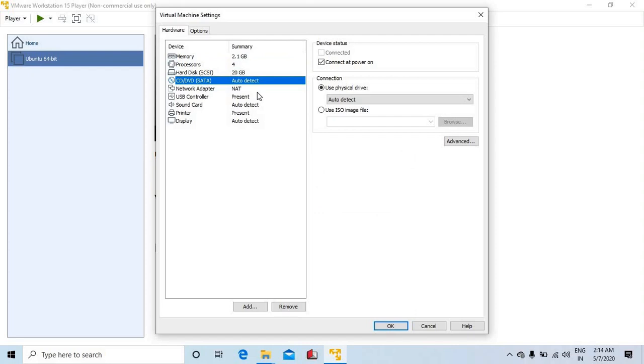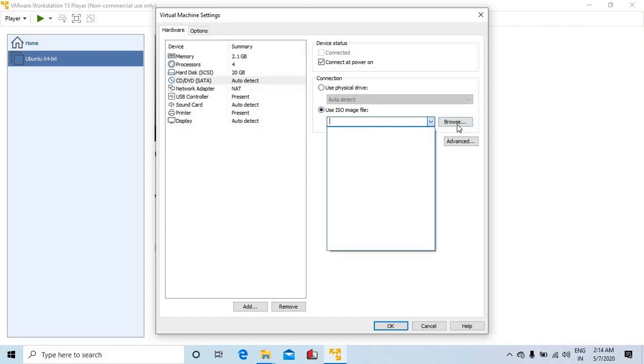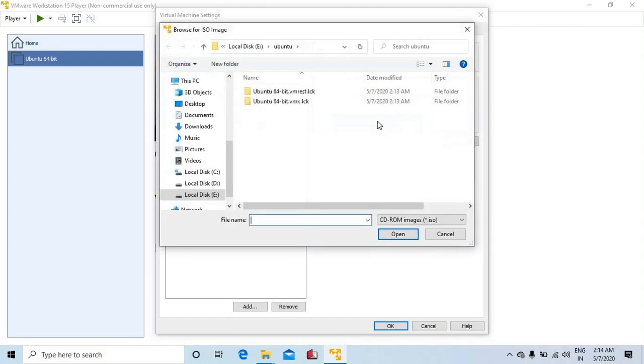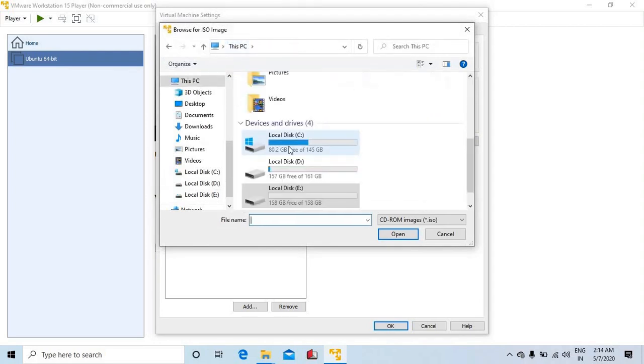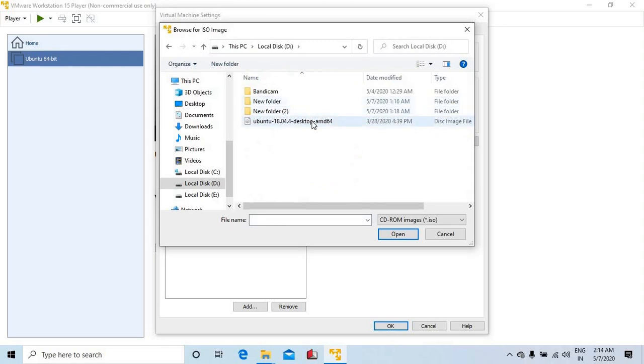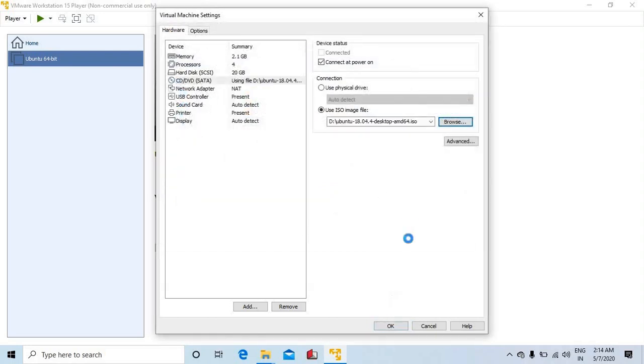Next option is CD/DVD SATA auto detect. This part is very important, so click on this, and in the connection just choose this option, that is use ISO image file, and then browse for the file where our ISO file is saved. Choose your ISO file, then click open and then click OK.